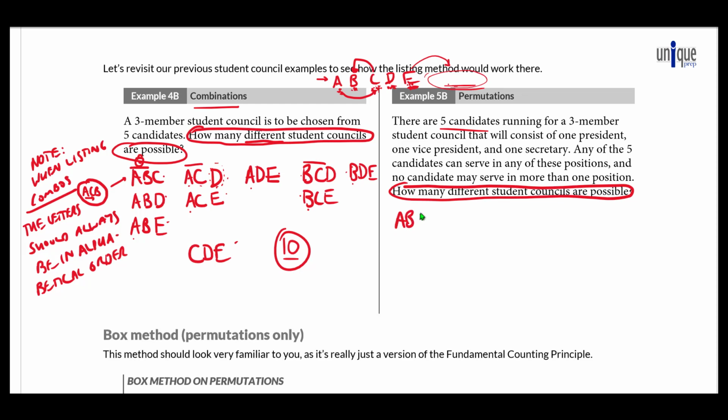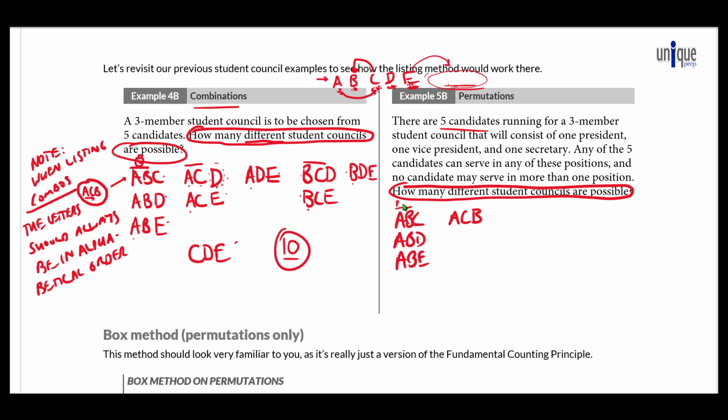I've got ABC, ABD, ABE. Exactly the same as the first three combinations that I listed, but here's the big difference. Now, sorry, that's supposed to be an AC. So I locked AB into place. I exhausted all my ABs, so now I'm going to switch to ACs exactly the way that I did over here. But now, because this is a permutations question, I do need to go back and grab the ACB